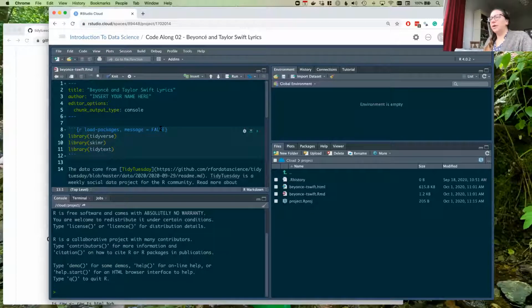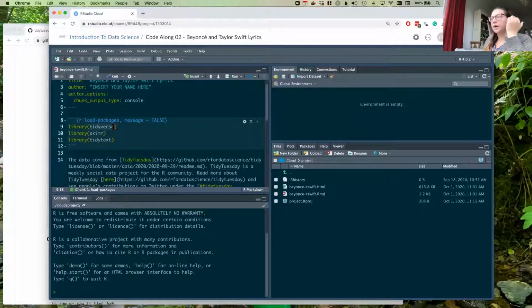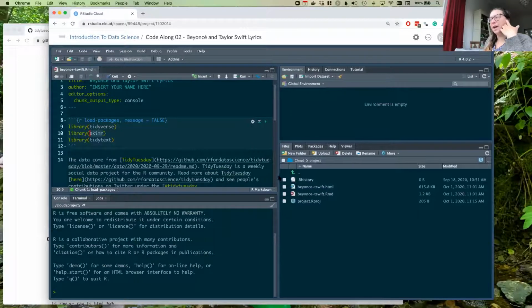Okay. So as I said, as usual, we're going to use the tidyverse package. The skimr package is what we've used in the past for taking a peek at the data as well. And if we do the text analysis as well, we're going to use a package called tidytext, but I'm going to set that aside for now.